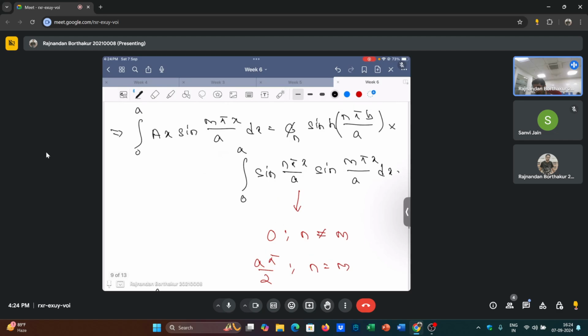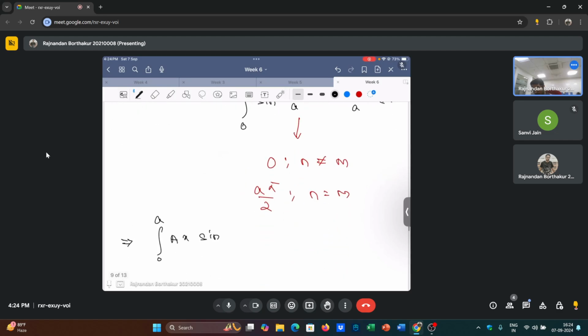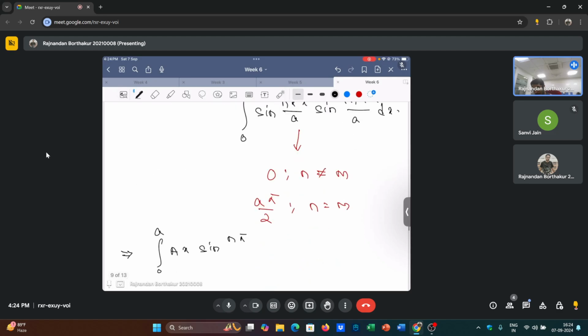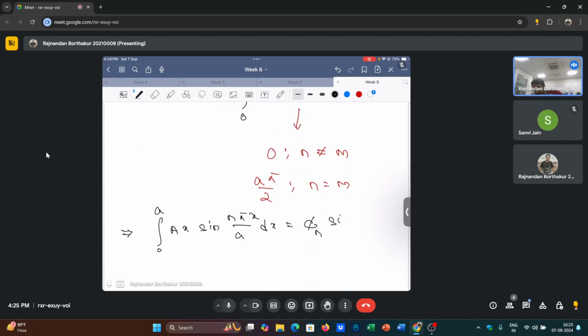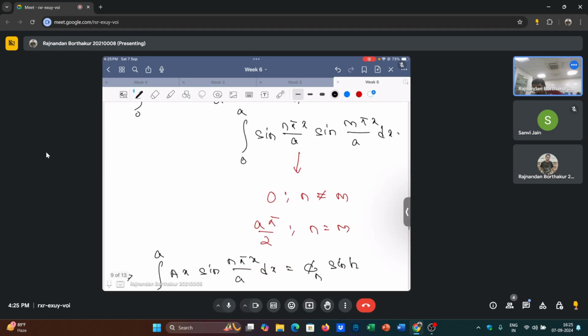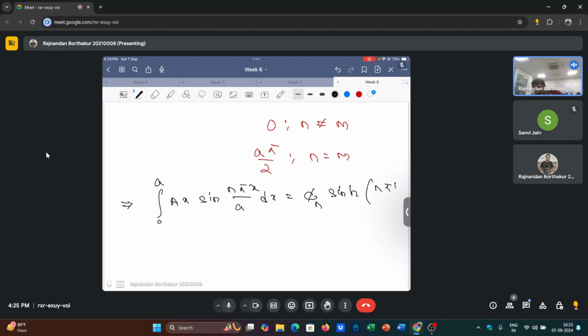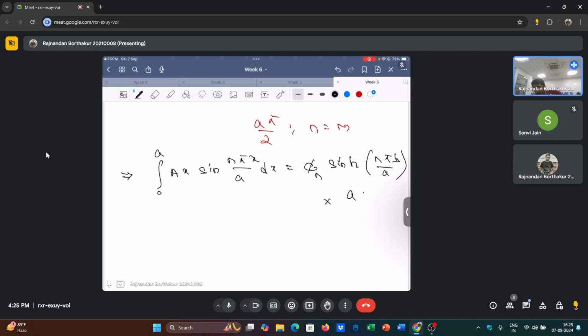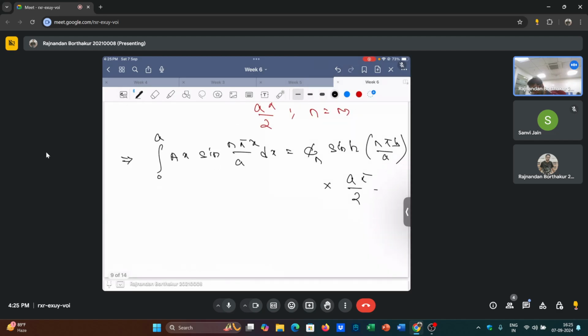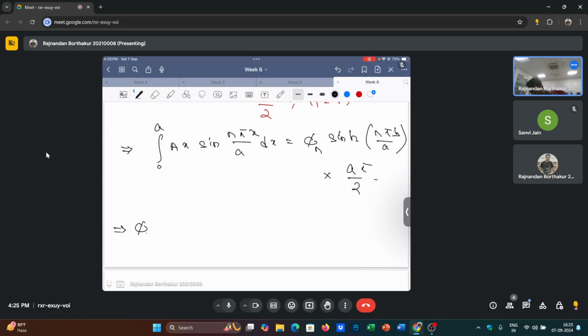It becomes ax times sine n pi x by a dx, and this just becomes equal to phi n times sine hyperbolic n pi b by a, and this is just equal to a pi by 2, which means indirectly we have found out what is phi n, right? Because you can just write phi n as